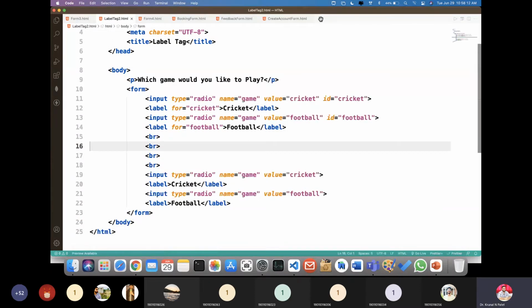So this is the difference, whenever you are using a for with ID, and if you are not using for or ID. Are we clear with this, guys? So this is the example for label. This way the label is useful.